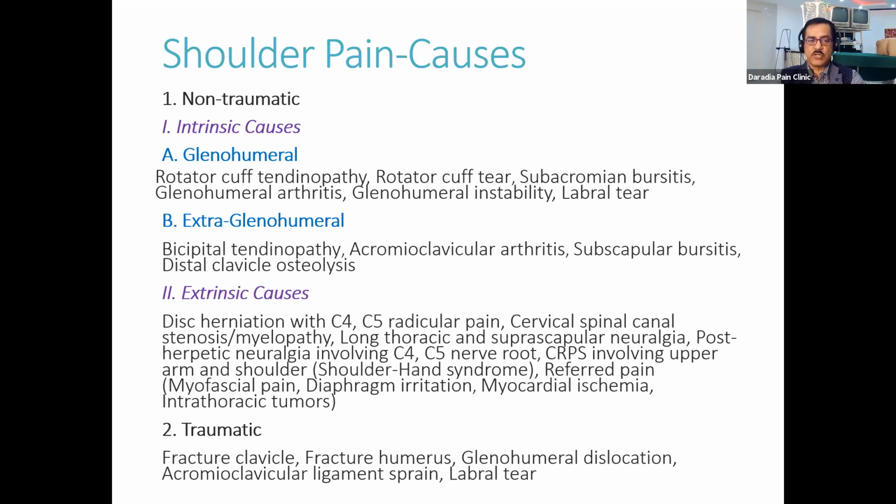So intrinsic means we are talking about shoulder pain coming from the shoulder joint, meaning it can be glenohumeral, it can be acromioclavicular, it can be all those other parts of the shoulder joint. That is called your intrinsic. And extrinsic means outside these 3 joints, meaning it is referred pain, and one of the very important sources is your gallbladder. Gallbladder pain can be referred into the shoulder. We have all read it, we know this. So any upper abdominal pathology, pain can be referred to the shoulder. Chest pathologies, pain can be referred to the shoulder.